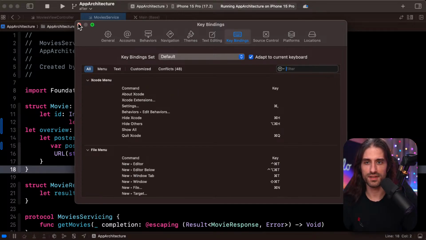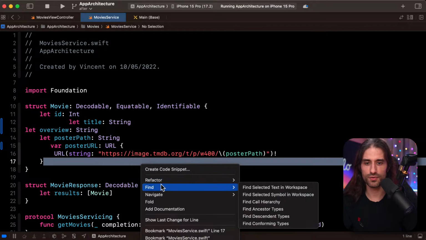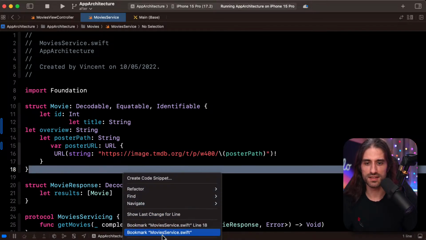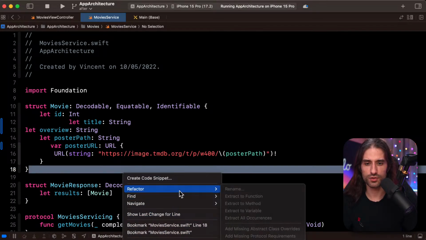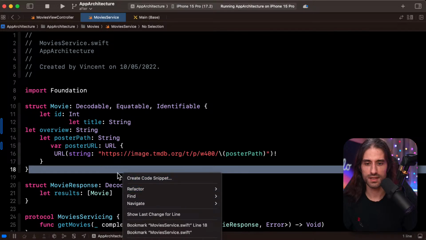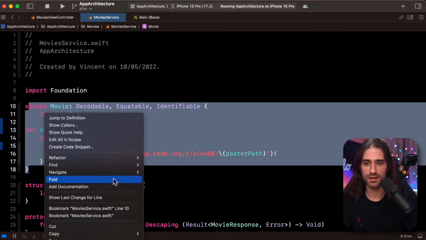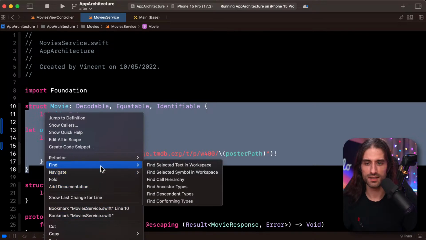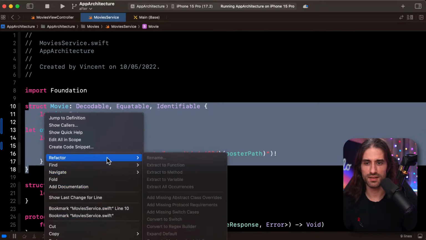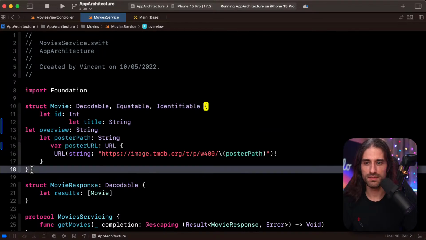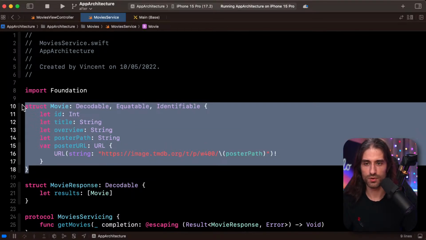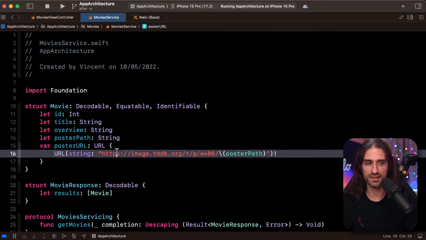I know it has a different name than reindent, but you can also find it in structure, or maybe you need to select the code for it to appear. Where is it? It's not in refactor, but if you select and then you do Control I, okay, so you need to select first.